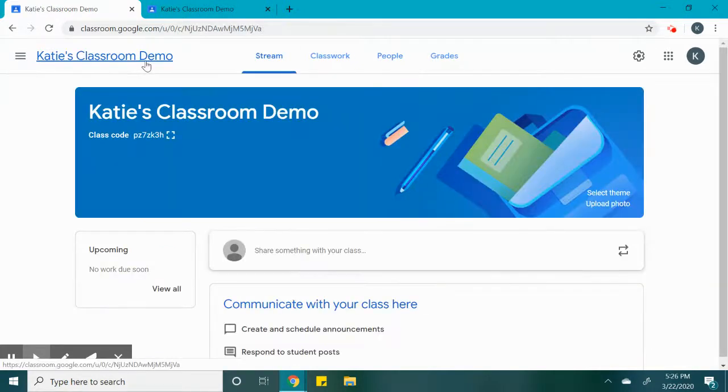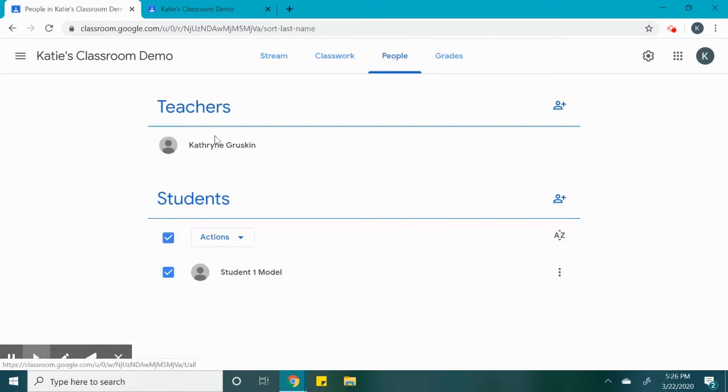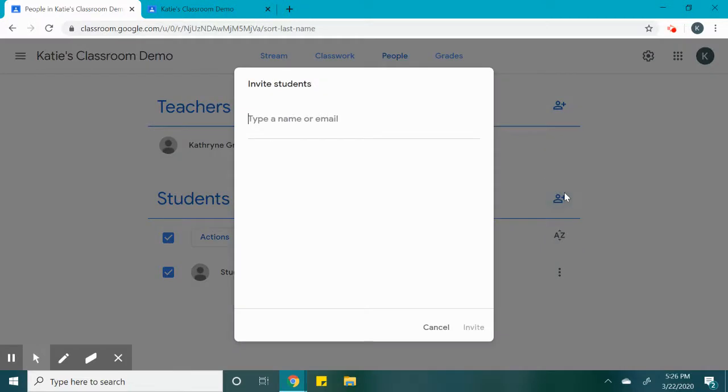The second way you can add students is from this People tab. So again, if you're on your classroom, along the top you've got Stream, Classwork, People, Grades. You're going to go to the People tab, go down to Students, and move your mouse over, looking for the little person logo with the plus. So, Invite Students. This is how you can invite the students through email. All you have to do is type in their email. I'm going to use my fake student number 2